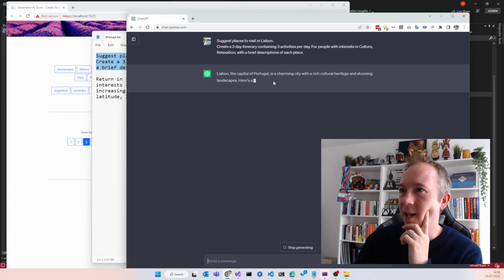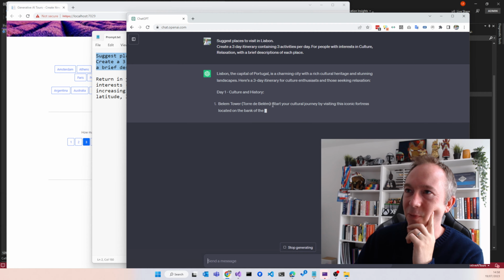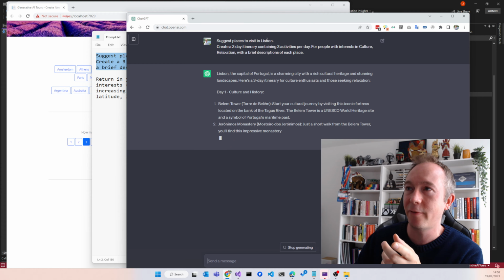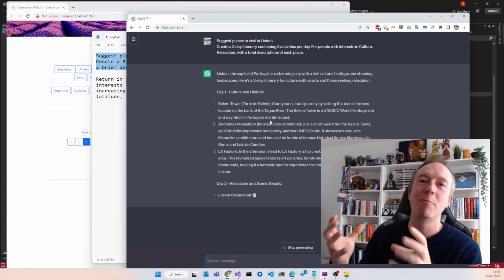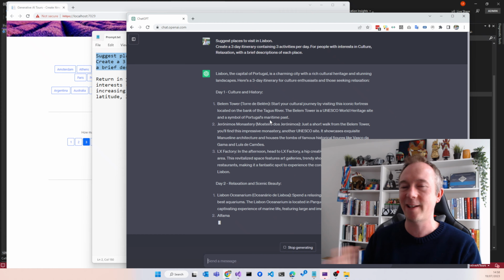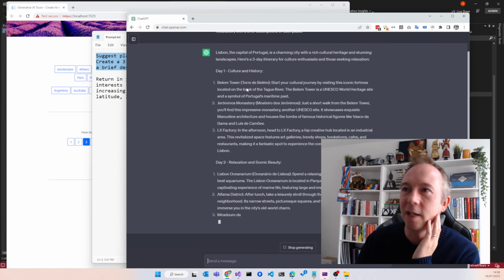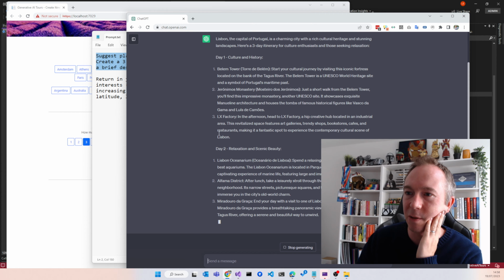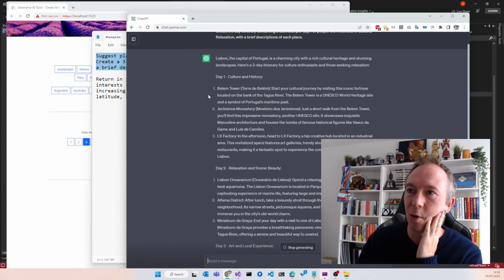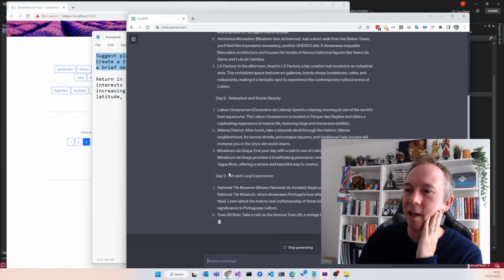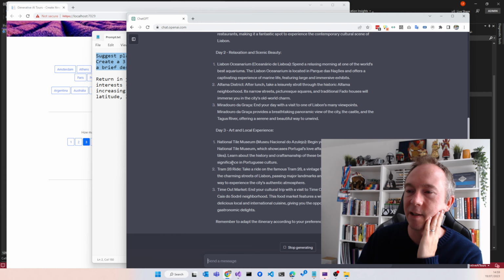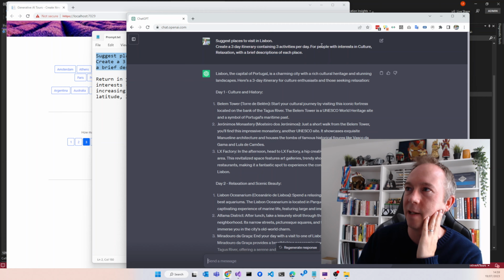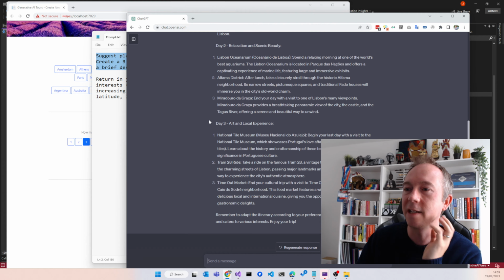Now, the problem with that is that, first of all, I can swap out the different places and the different activities of interest, but the content it comes back in might be in different formats every time. It's bizarre. You might get dashes instead of these numbers, or day 1 might be in front of these sentences here. So I had to figure out a way of making it consistent, so I can just swap out the different places and the different interests and the different number of days, and it would return exactly the same